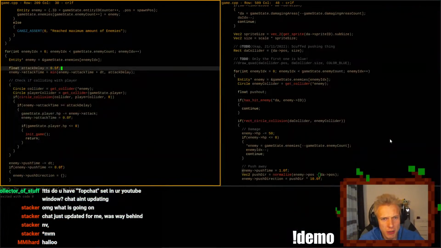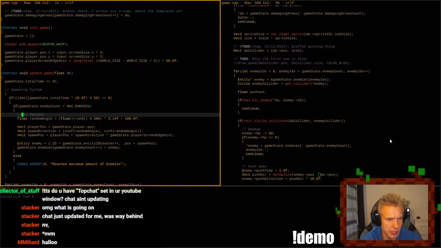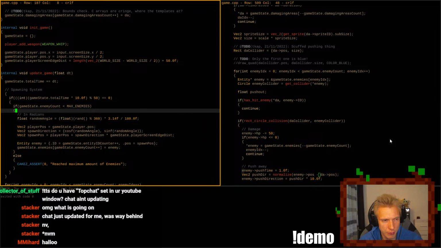Also, I don't understand how that works. But for some reason, I'm spawning way too many enemies the first time around. Can someone explain how that works?